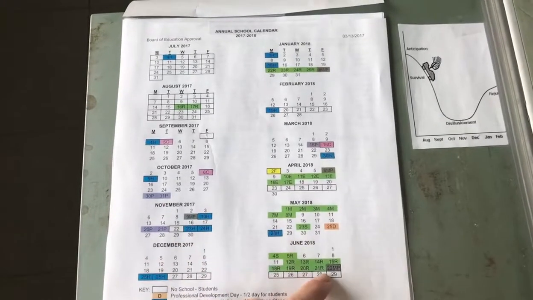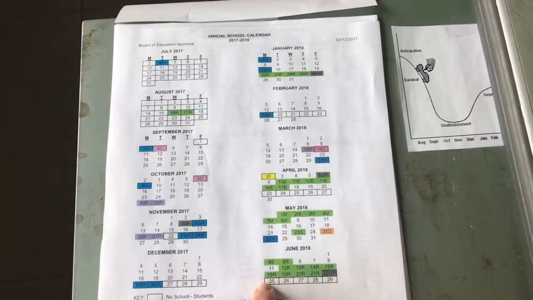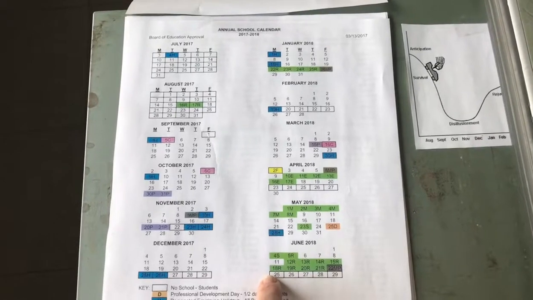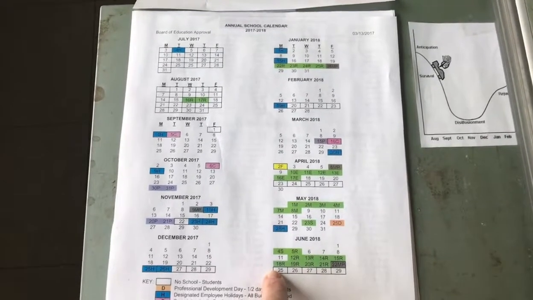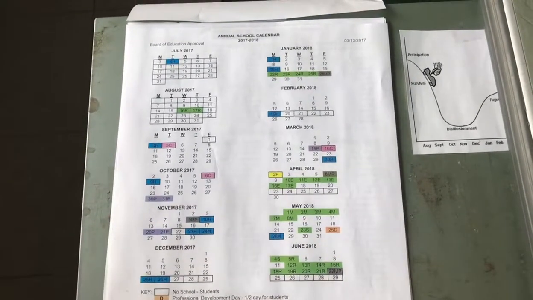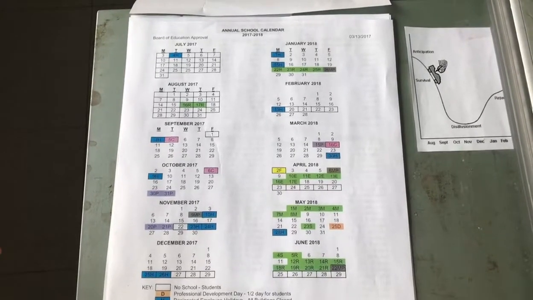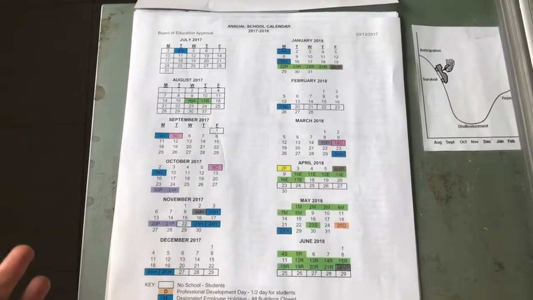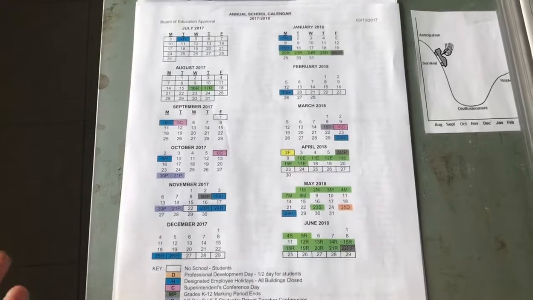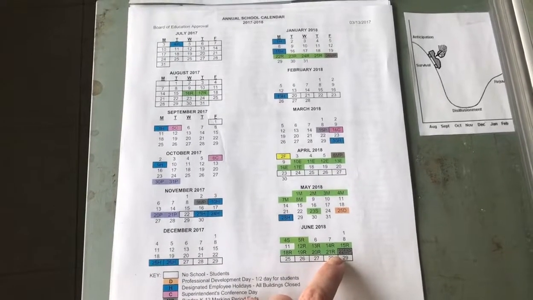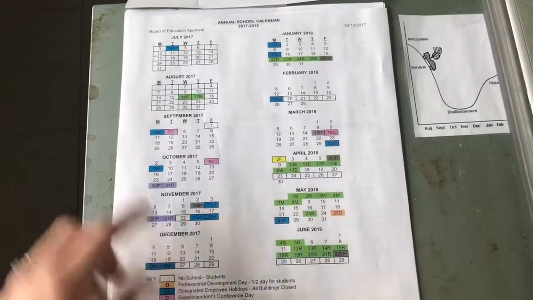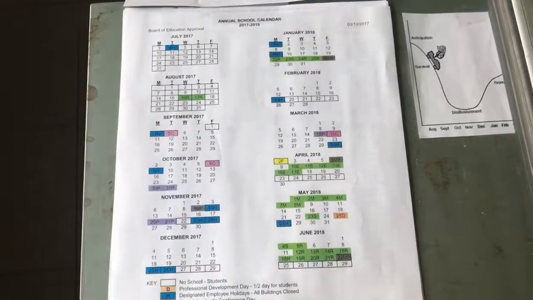And then we end school here. And so then our official summer break starts on June 25th. So we really only get 2 months and 2 weeks off a year. So we have a little bit of a short summer. People like to say that we have 3 months off for summer, but technically we go until the end of June. So we really only have all of July and all of August off.